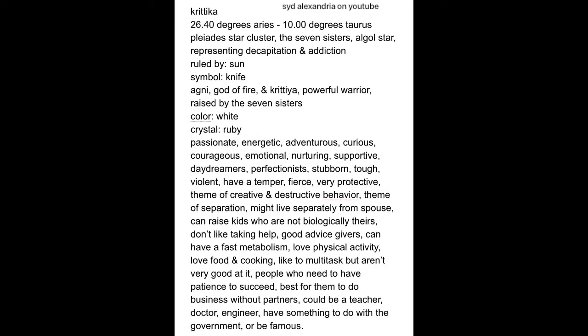Kritika is from 26 degrees 40 minutes of Aries to 10 degrees Taurus. Its star is Algol in the Pleiades star cluster. And its symbol is the knife. If you want to read more, go ahead, but I'm going to tell you guys that Kritika is very